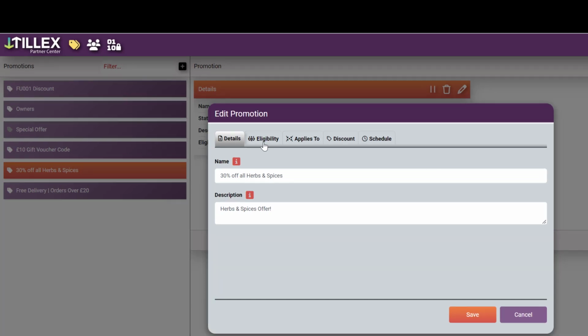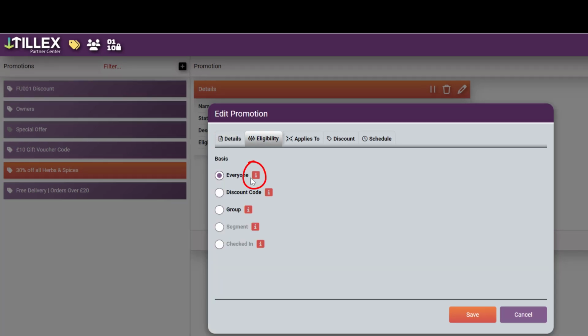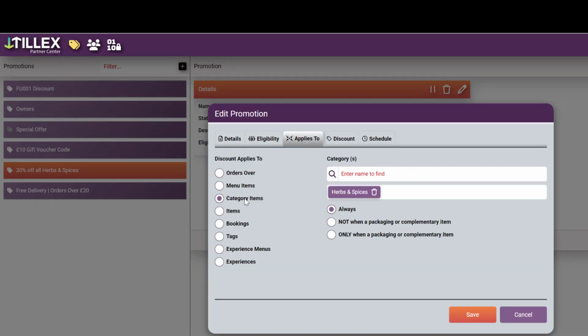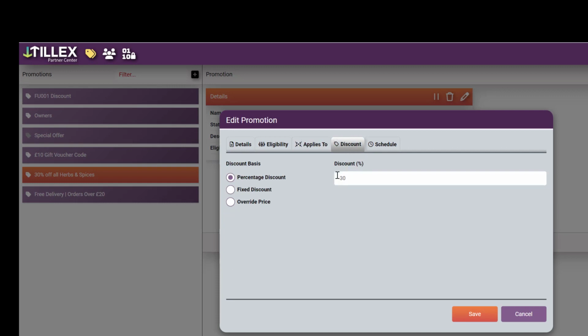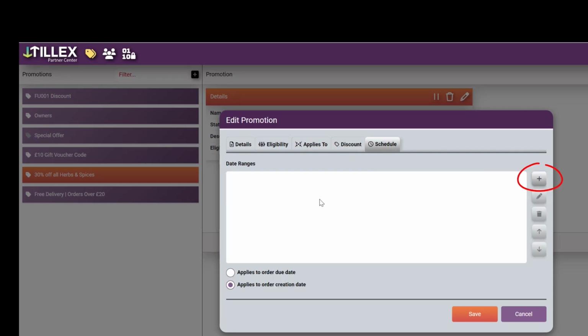If you're stuck at any time, simply click on the orange information button, which will give you some context. I've chosen herbs and spices, which are a category in the dried foods menu. You can set certain dates and times for the promotion to run, but like I said, I'm going to keep